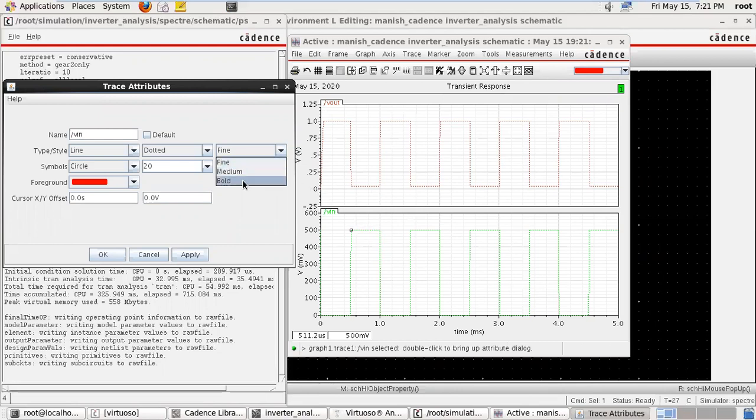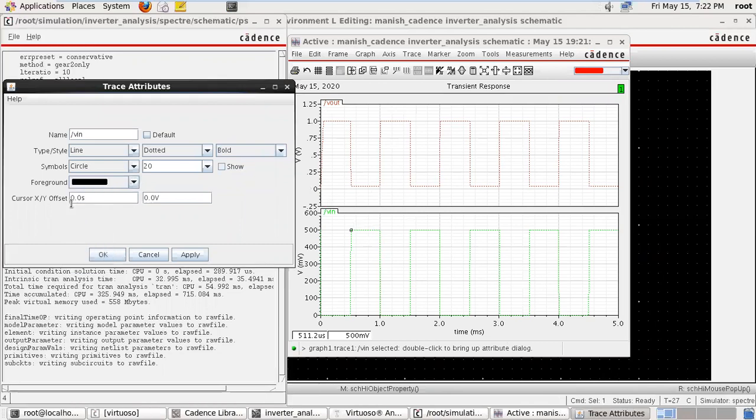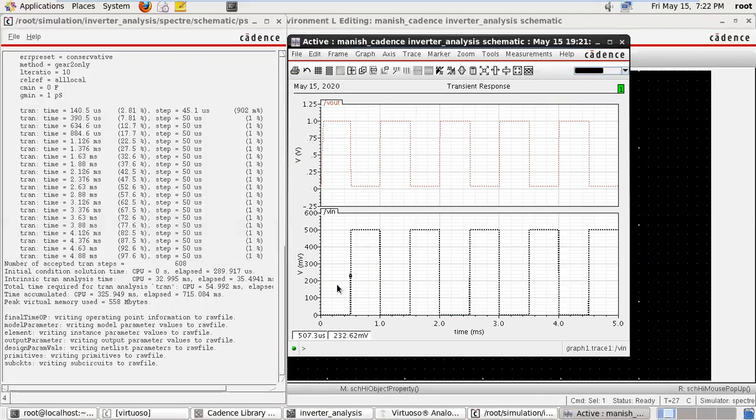Here we are taking bold, and suppose the color is chosen as black. Apply. So see, the magnitude is 500 millivolts for half the duration, and for the remaining half the voltage is 0. So this is my pulse. One pulse is for 1 millisecond. So total pulses: 1, 2, 3, 4, 5, because we have chosen 5 milliseconds as the stop time.